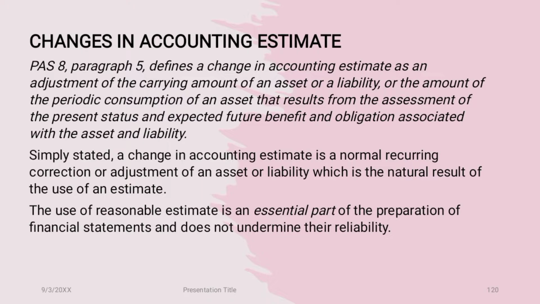Here in changes in accounting estimate, we don't actually prepare financial statements with absolute accuracy, because we know that what we use is an estimate. There are line items in our financial statements that are products of estimate. Those estimates change as time passes by. So it is required that we prepare more relevant financial statements, adjusting whatever estimates we have if ever there is a more reliable statement of that item in our financial statements.